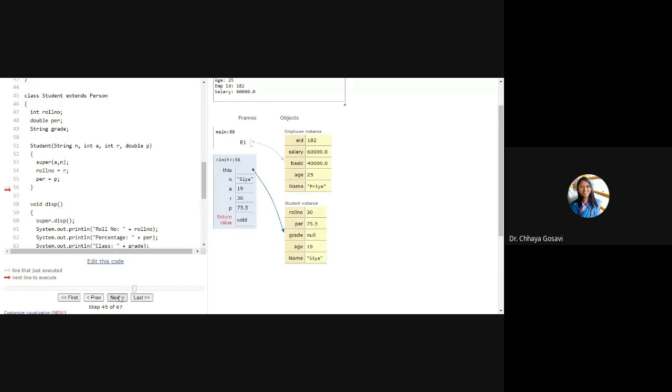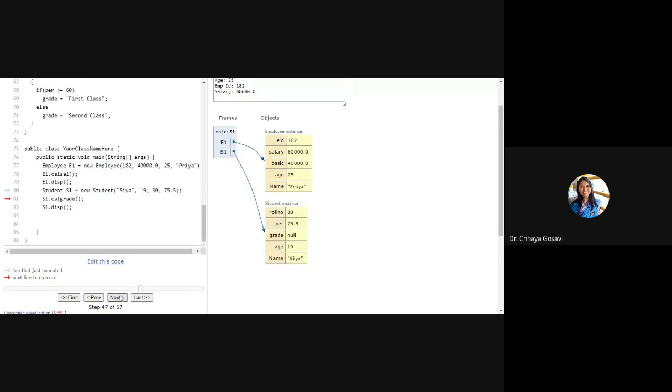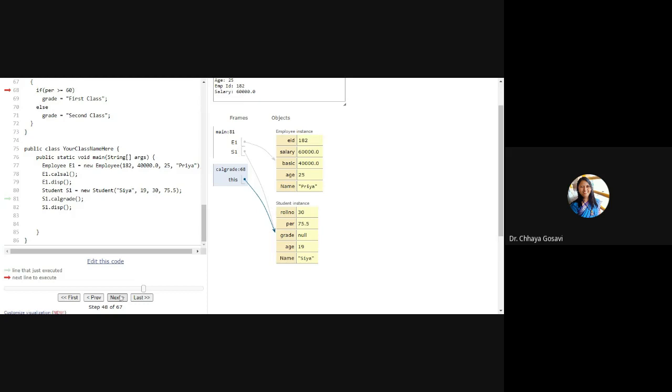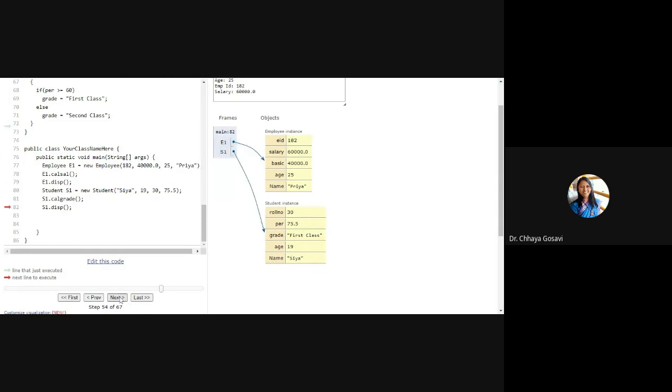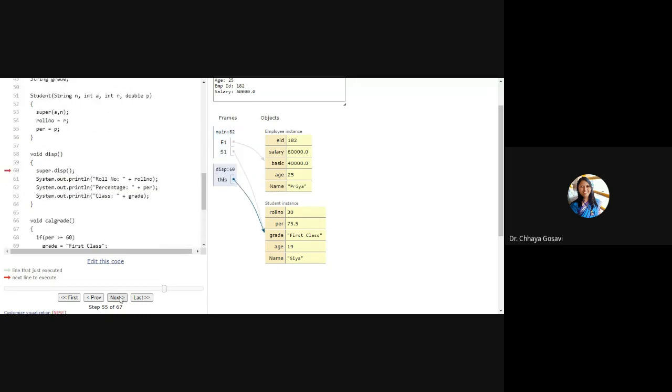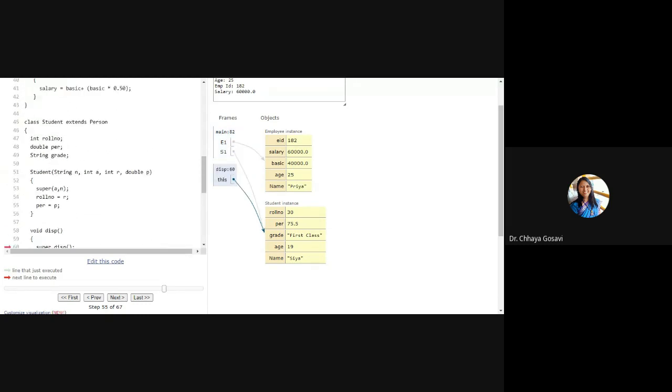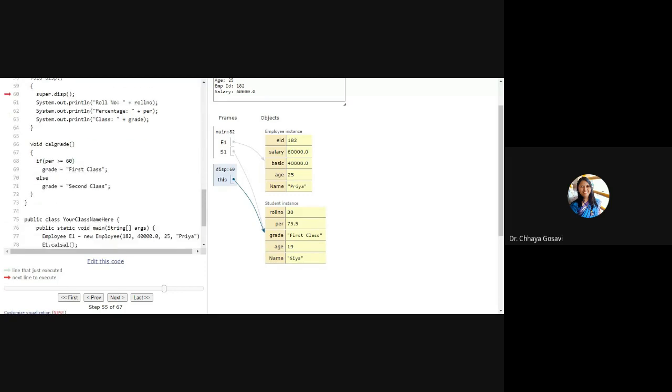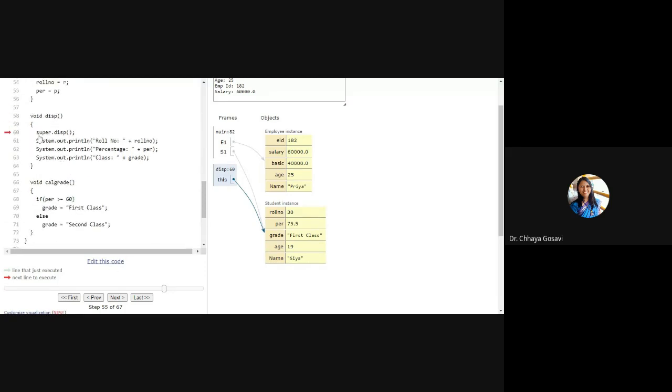Then we'll call the calculate grade function for the student class. It will check, yes, it is 75 and above, 60 and above. So grade is first class. And we can call s1.display, which will call the display function of the student class. This is the display function of the student class, but from here we have called the display function of the parent class, that is person, with super.display.